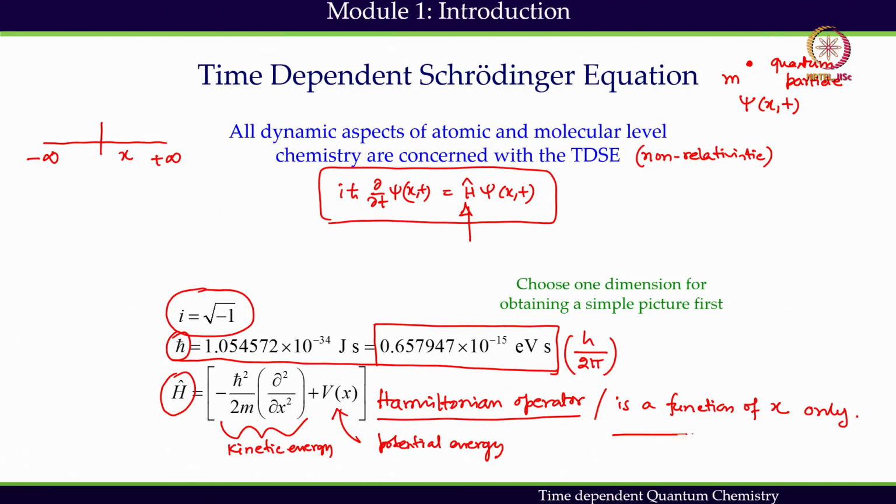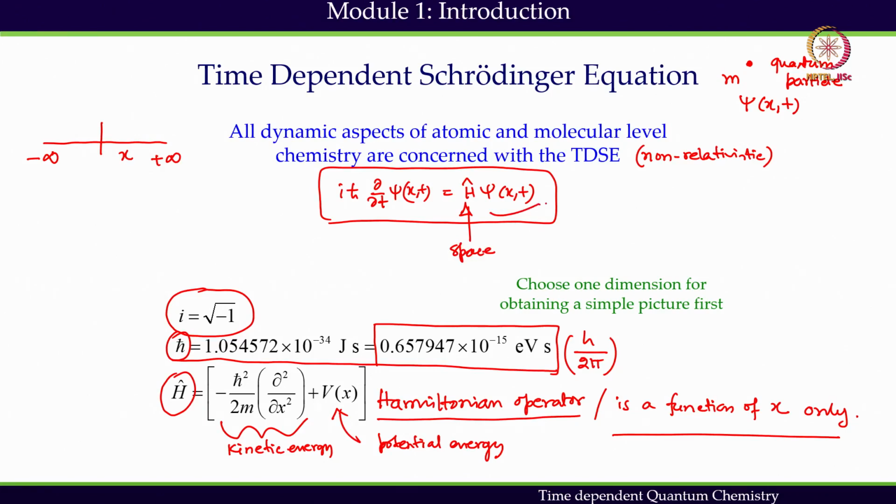It is not necessary that the total Hamiltonian has to always be a function of space, that is x, for one dimension. It can be a function of time as well, but for the time being we will forget time dependence. We'll just think about a space dependent Hamiltonian. So our Hamiltonian is space dependent,